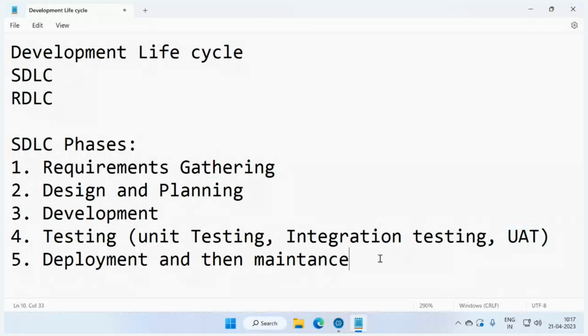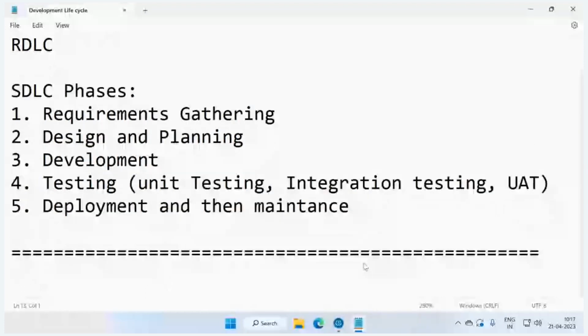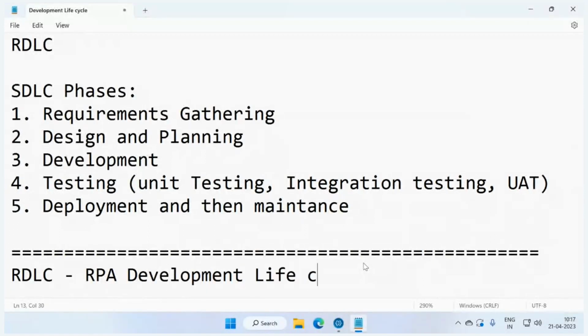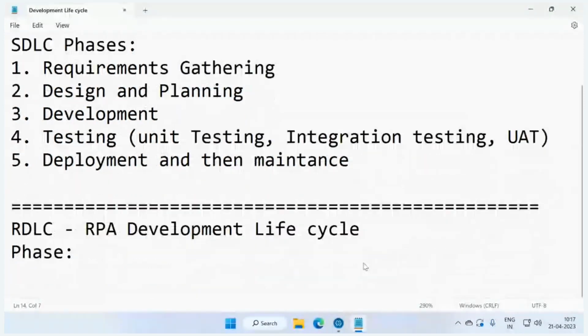And our focus area is RDLC, the RPA development life cycle. So more or less the things will be the same. It depends on the organization and the technology we are using, the things will change, right? But more or less these things will be the same. The names might be different. Here the phases are: